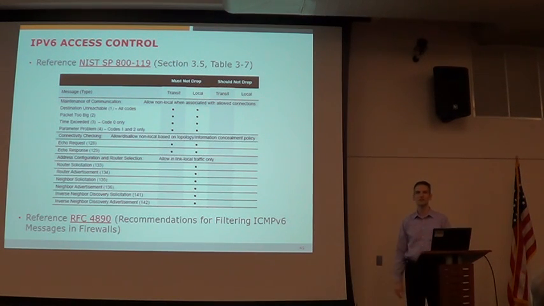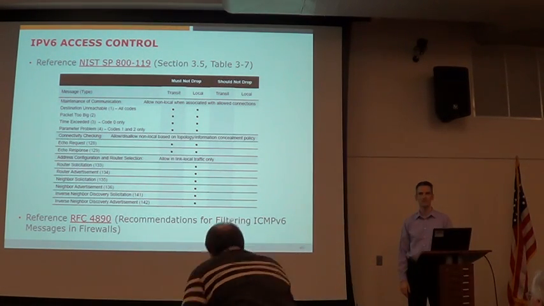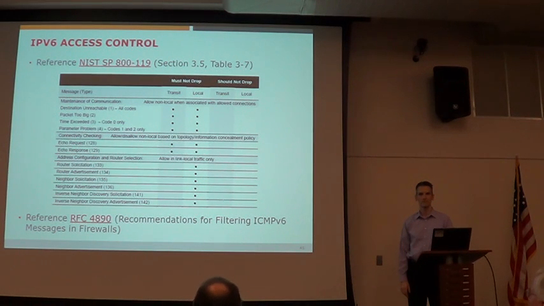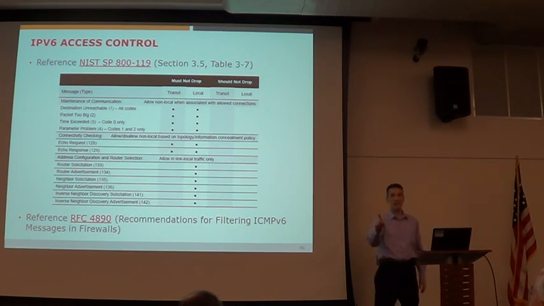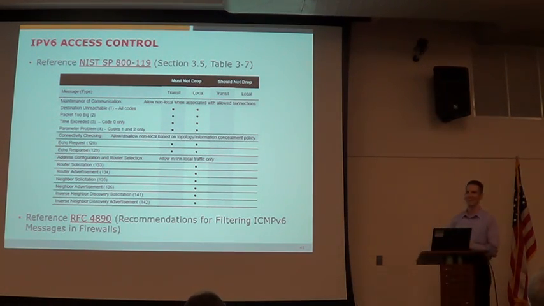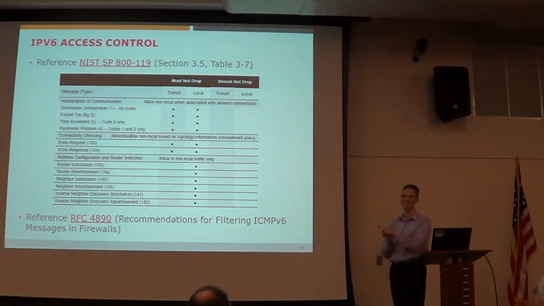Question? You said before that the MTU, if a packet needs to be broken down into fragments, that has to be done on the end node, it can't be done by a router. Yep, correct. Is that why there's an item up there that ICMP packet too big has to be transferred back and forth so that the host knows not to use it? Actually, that just made me very happy, because the last slide I put together today was a slide to answer that question. So I will answer that question in a minute.